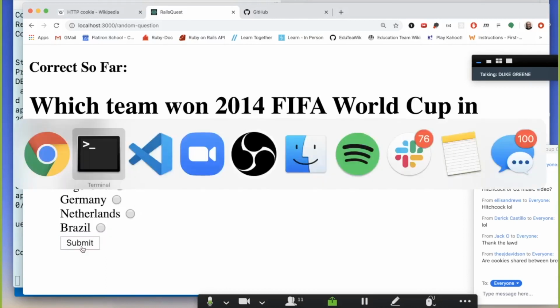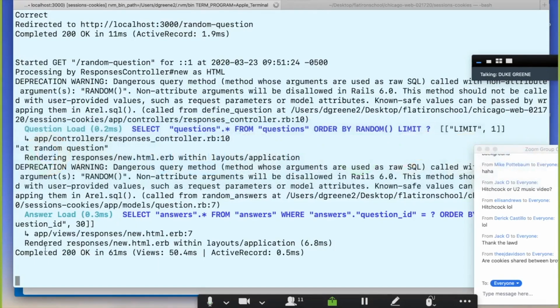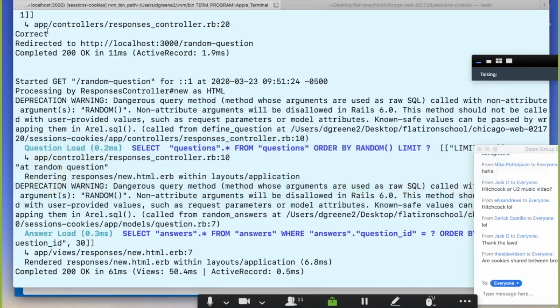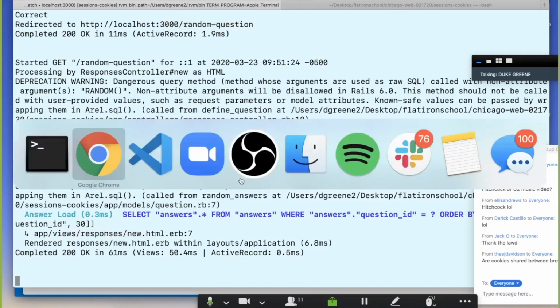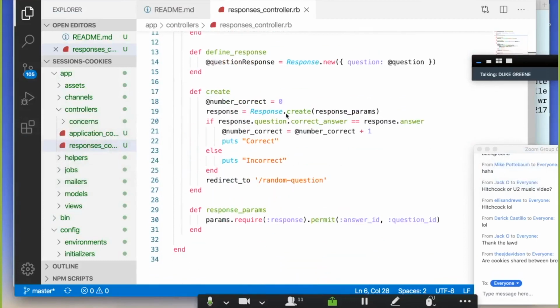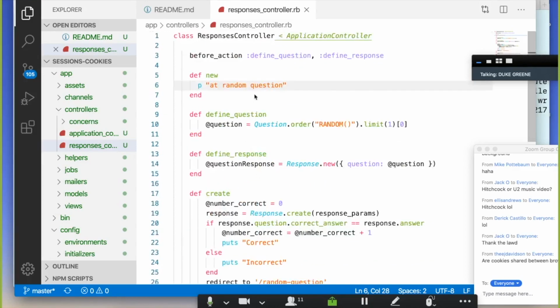So now I've got 2 correct so far, and I'm feeling pretty proud of myself. Yeah, that's correct. Then it redirected back to random question. It goes to get random question, and that's our response new, which is being processed. So we're at random question. So this is the flow, right? In the controller, we first hit the create route. A response is calculated and tested, and then we give feedback, and then we redirect back to this new route